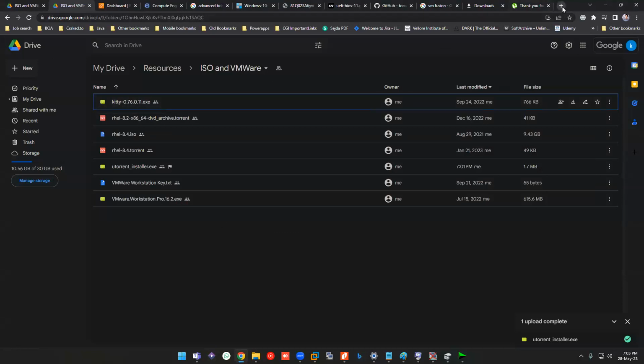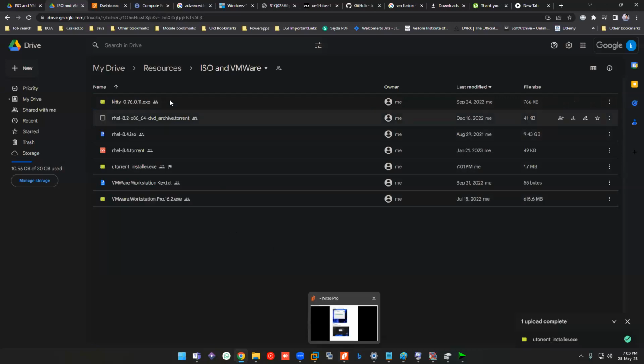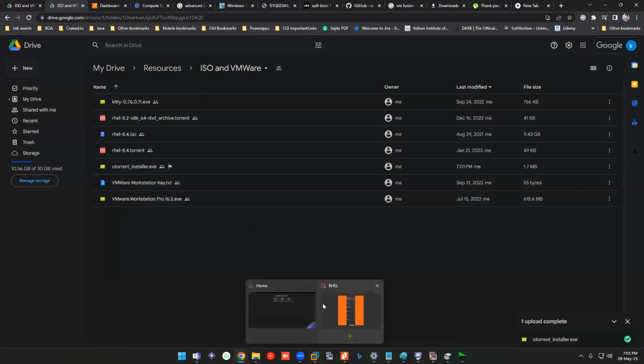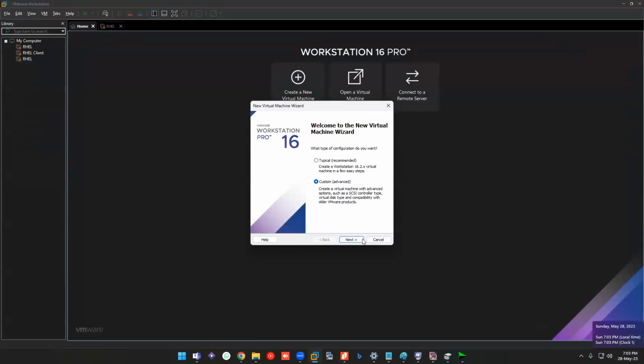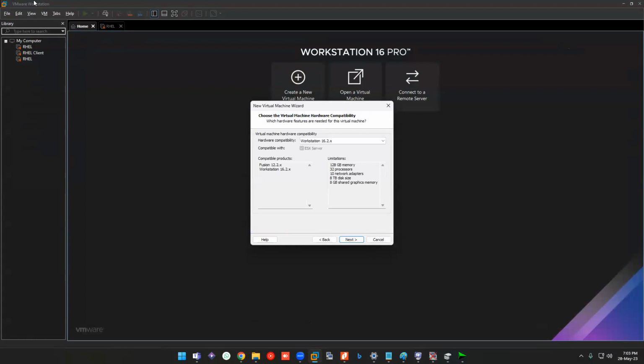Kitty is nothing but a fork of Putty. Putty is a remote connection software. It is very lightweight, about the size of a single image or a PDF file, so you can see 766 KB. It is a fork in the sense that it is the same as Putty, but it has one good feature, which we'll cover later. All of this is needed only for the people who are going to configure locally. If you don't want to configure locally, you can wait for another 10 to 15 minutes, and we'll cover how to do it in the cloud.